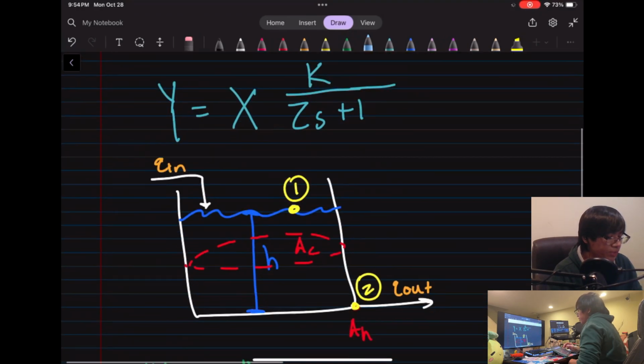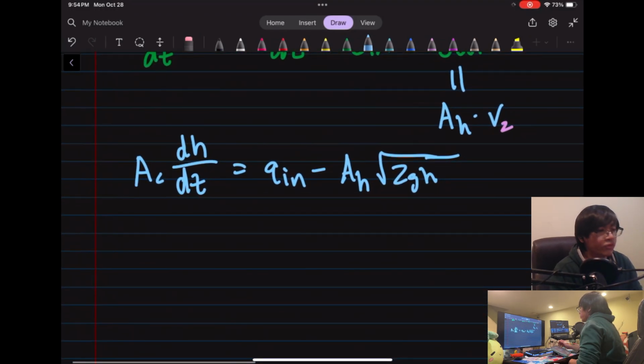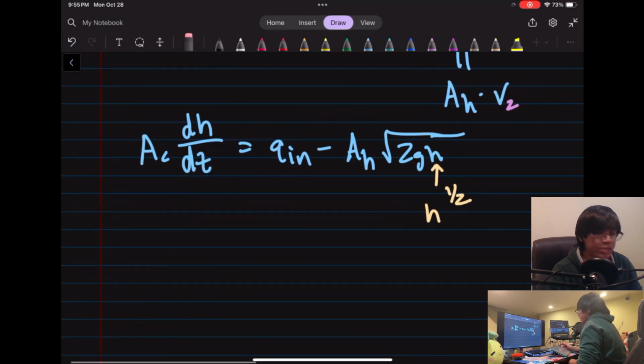And to do that, we have to take a Laplace transform, or turn our variables into the Laplace domain. But in trying to do that, we have to know that this h that's under a square root, this h to the 1/2 power, is actually nonlinear. And in trying to take a Laplace of this differential equation, we need to make sure that the dependent variables have constants, are constants, and